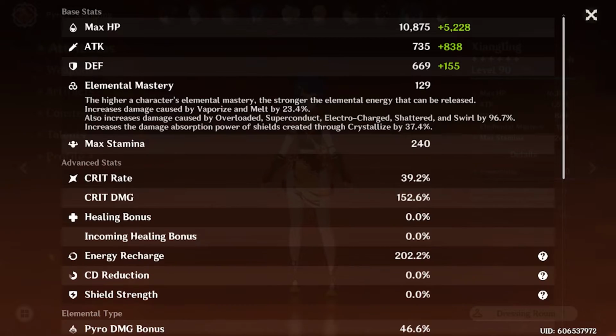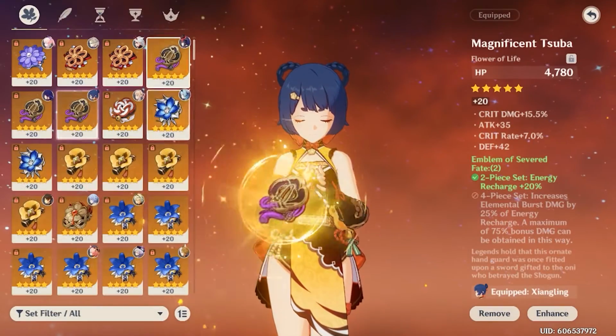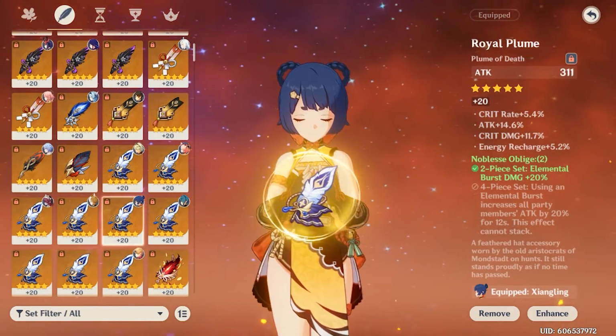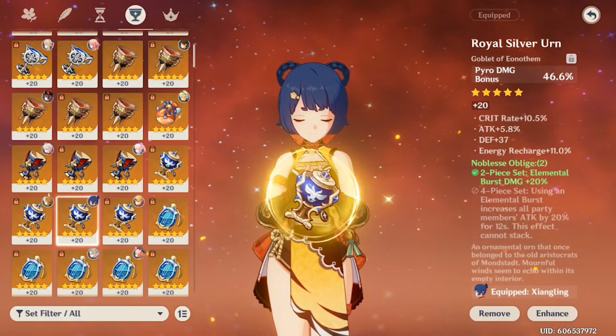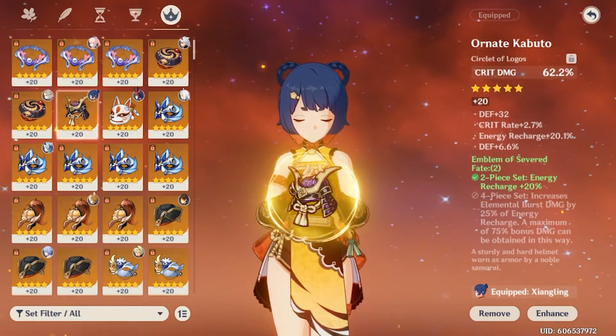Of course, the crit rate could definitely be a little bit higher. Her pieces are nothing to write home about, nothing amazing. We use 2-piece Emblem and 2-piece Noblesse. Nothing out of the ordinary here. She basically gets all of the leftover pieces I have from building the other characters that I use more often. Still though, even with this configuration, she does a really good amount of damage and still is a useful hero